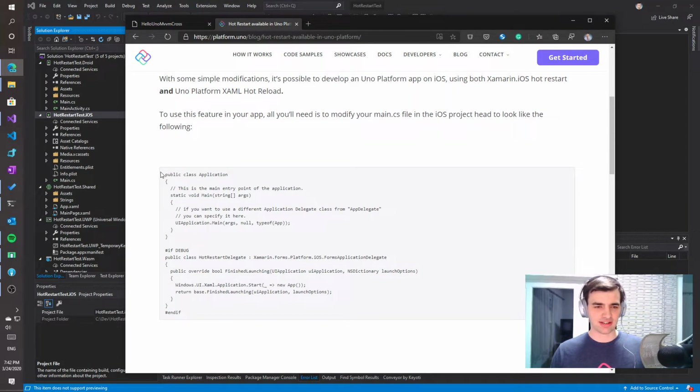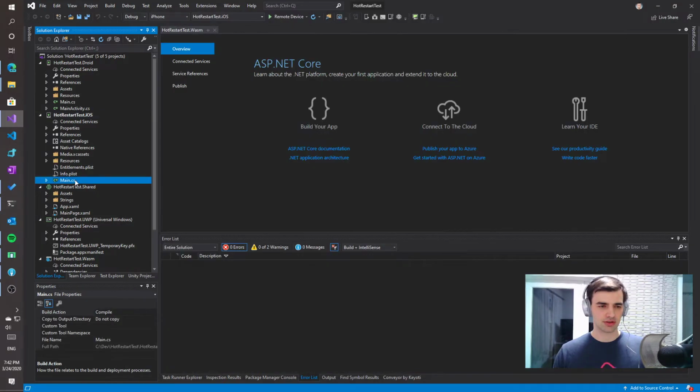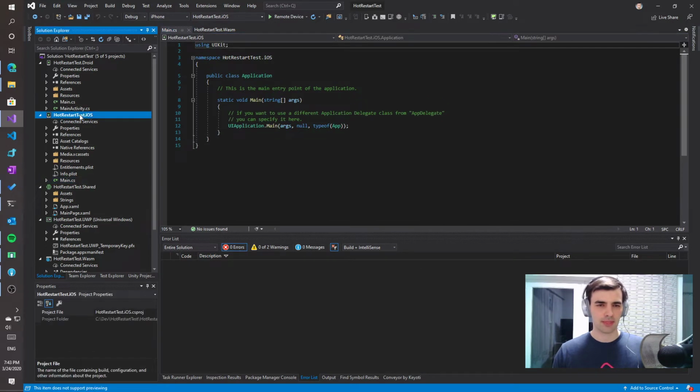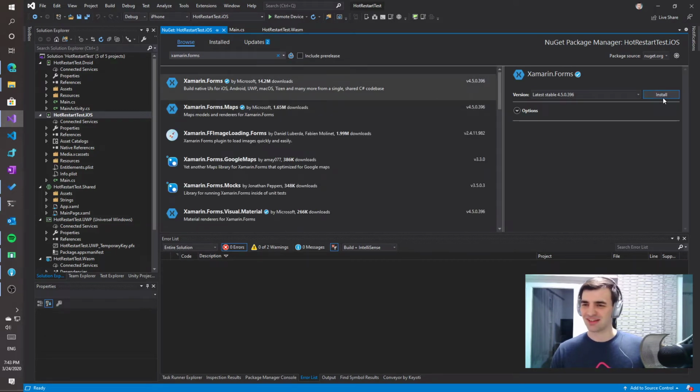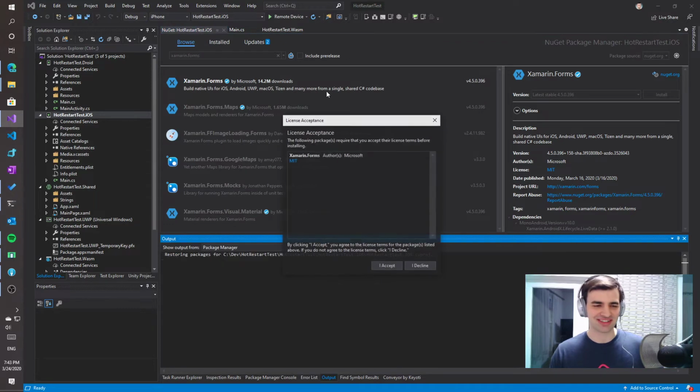So here in this blog post, we can see that we can change the application class in iOS to match Xamarin Forms, to have it run in debug mode and use hot restart. But when we are done, we are using the default release version, which is without Xamarin Forms. So first we will do an installation here, and we will install Xamarin Forms. So now we will have two UI frameworks in one project, but one is used only for the hot restart